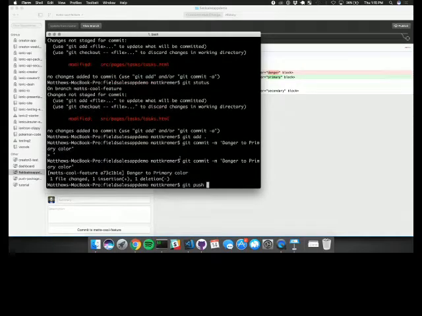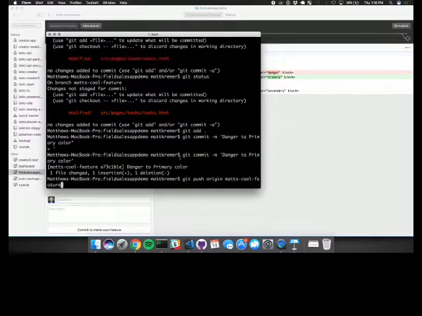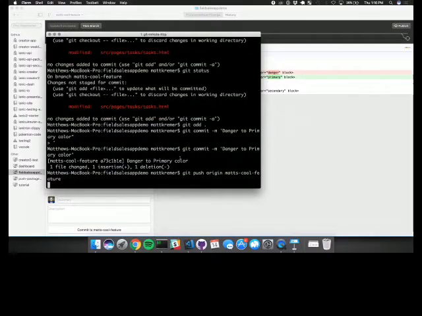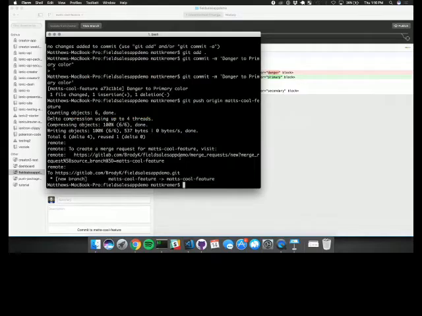And now, since we have GitLab as well as Ionic, we can do two different things here, right? We can do git push origin, which is our GitLab. And then we can do, what did I name my branch? Matt's cool feature. And that's going to push that up to our original code that we've been working on, right? That's to the GitLab. I haven't sent it to Ionic yet. If I want to do something in Ionic now, like collaborate, get someone access to it in Ionic View, all I do is git push ionic, Matt's cool feature.